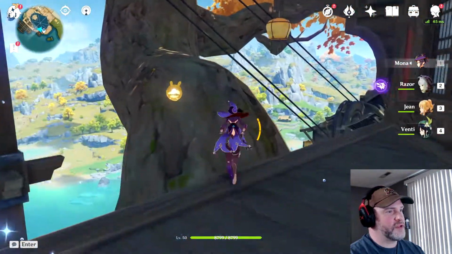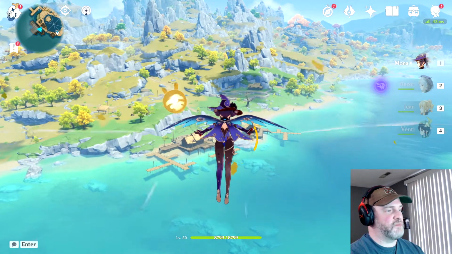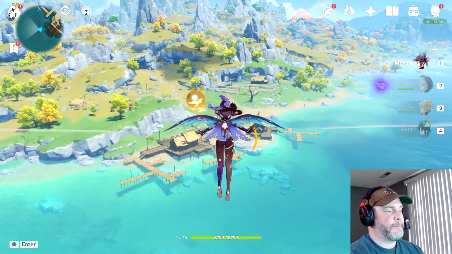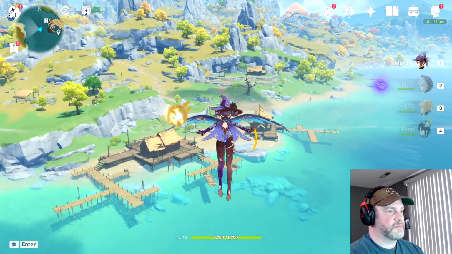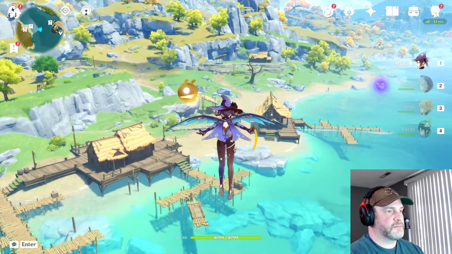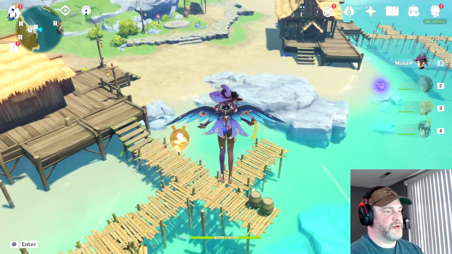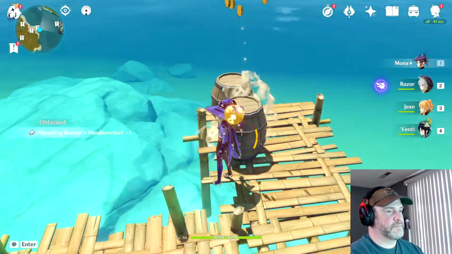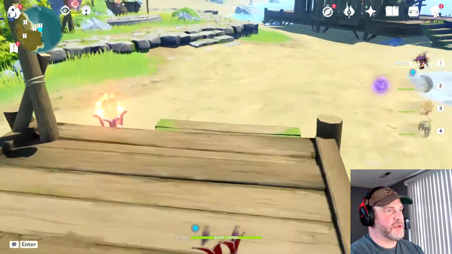And run over here to this tree branch. And we are gliding over to the middle pier that you see at the fishing village on the other side of the lake. And we are headed to those 2 barrels that you see at the end of the pier. Okay, now our next location